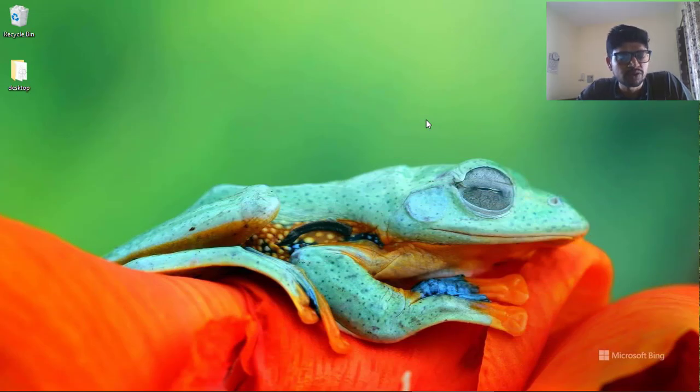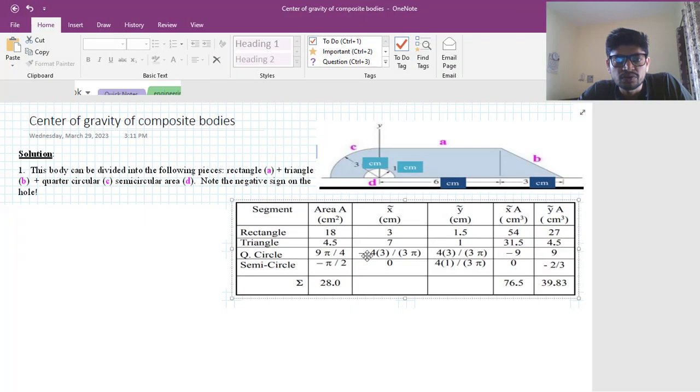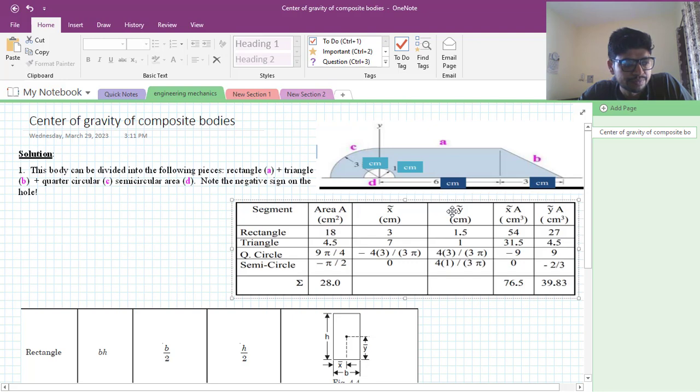Hello friends, today we will discuss how to find out the center of gravity of composite bodies. This is our problem. So the easy method for solving the center of gravity of this composite body is to